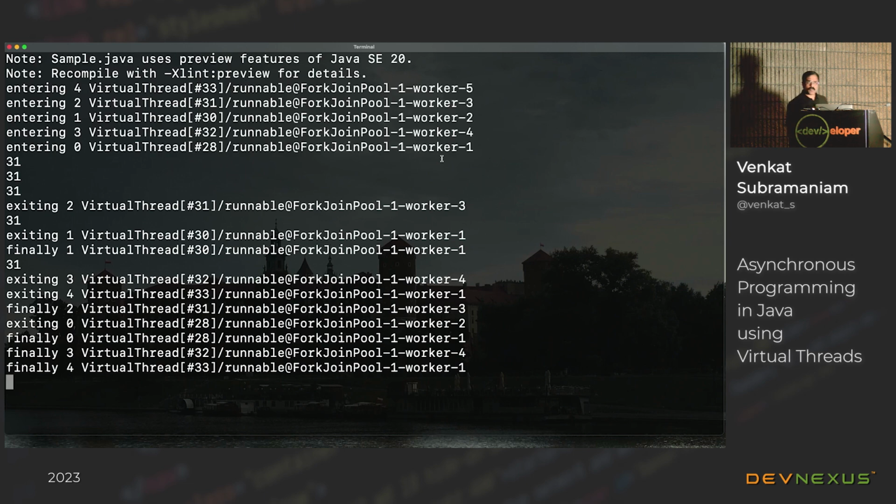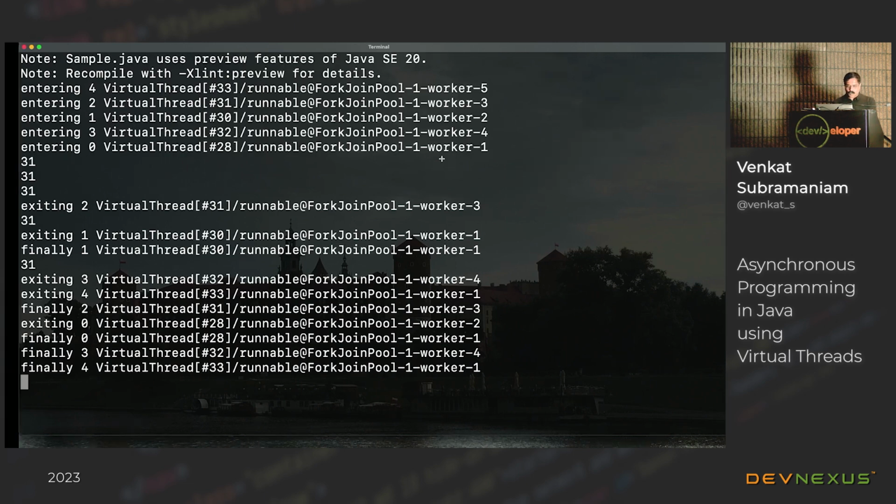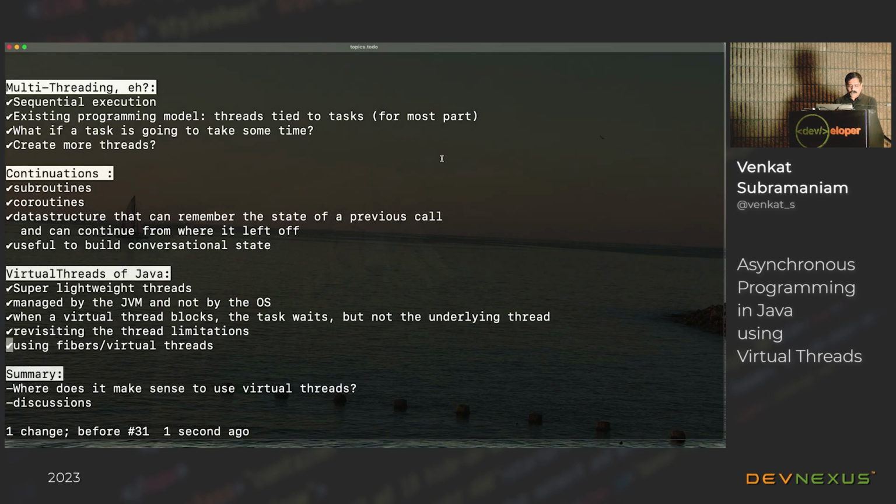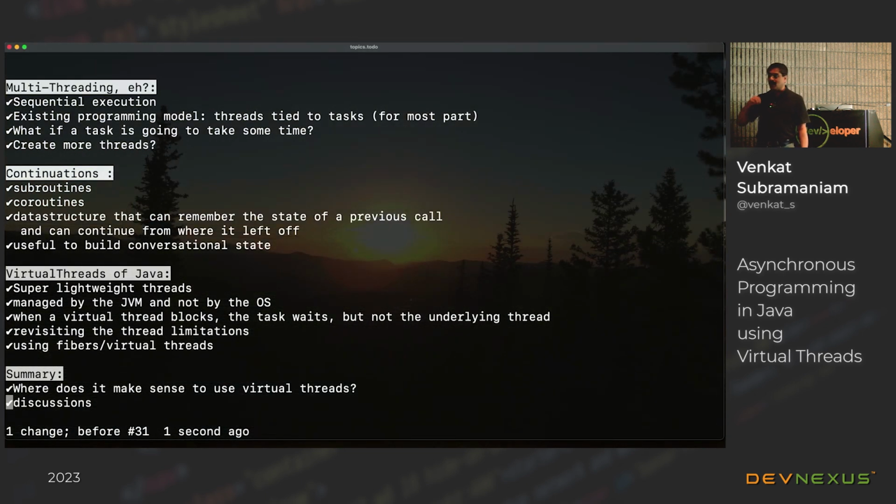A couple of observations I want to talk about before we call this done. The first one is, where does it really make sense to use virtual threads? As you would imagine, it makes the most sense to use virtual threads if you're performing I/O operations. But guess what? That's a lot of what we do these days with microservices and web services and so on, so this fits really, really nicely with it. But that's great. We have better performance. We have better resource usage. Is there any other benefit that we get out of it?